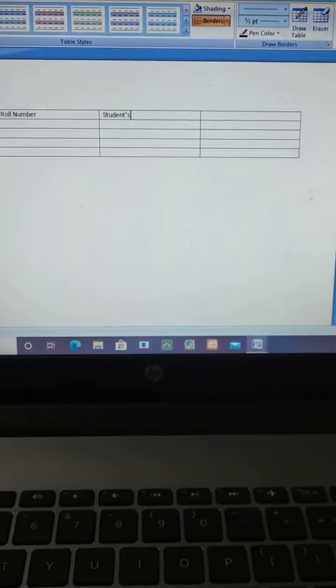And students, space, name, students' name. Then how will you go to the next column? Just move your mouse pointer. Look, your mouse pointer is here.